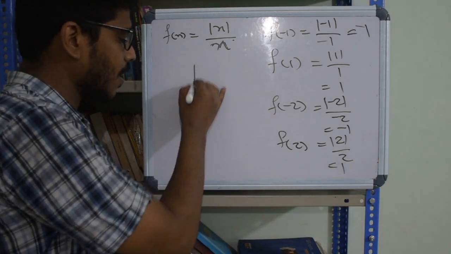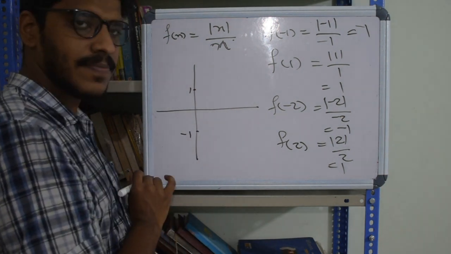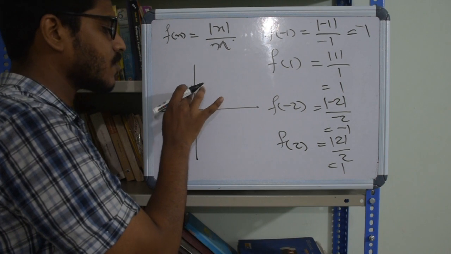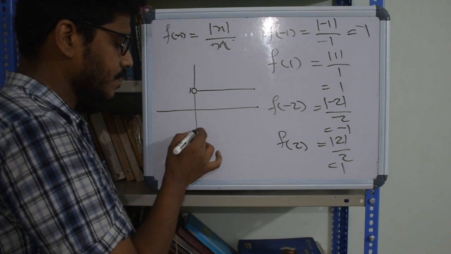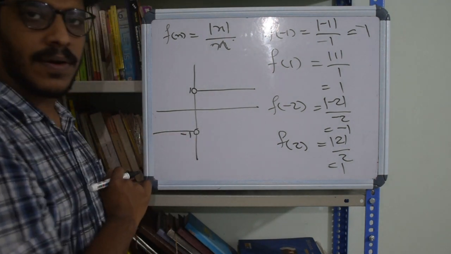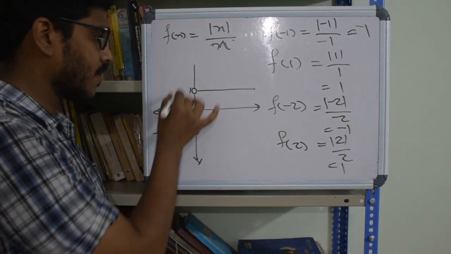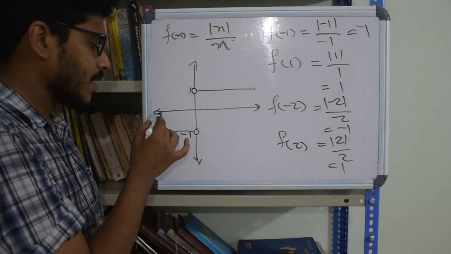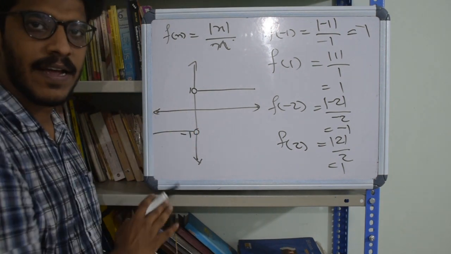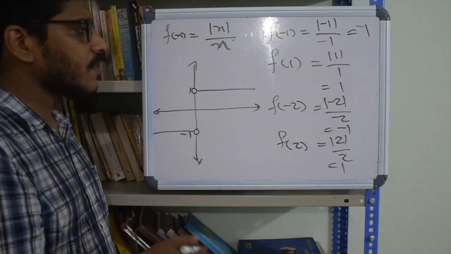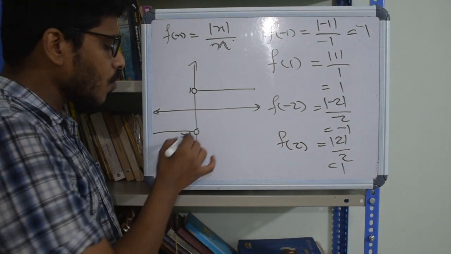And if we try to draw the graph, if this is 1 on the y-axis and this is minus 1 on the y-axis, the function is not defined at 0, so we'll have a hole here. The function will have this side for the positive numbers from the domain, and negative 1 for every negative argument, or the independent variable taking negative values. So don't get confused. I just want to express this function to show you that if we move towards 0,